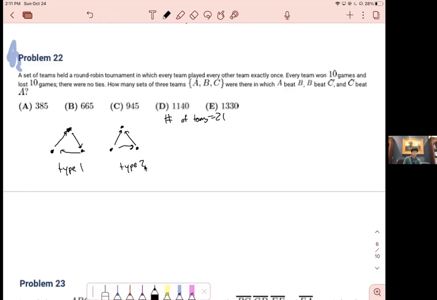Any triangle with directed edges, where A to B means that A beat B, so we use arrows to signify a win. So each triangle like this has two forms. Type 1, where there's a cycle like A beats B, B beats C, C beats A, or it has to be of this form,